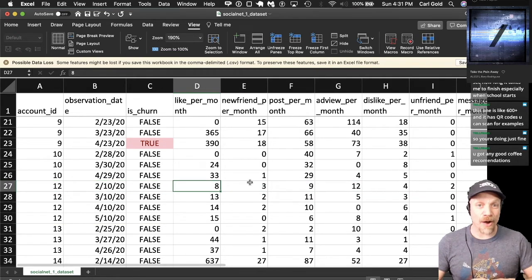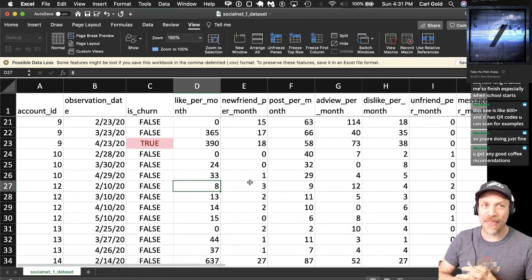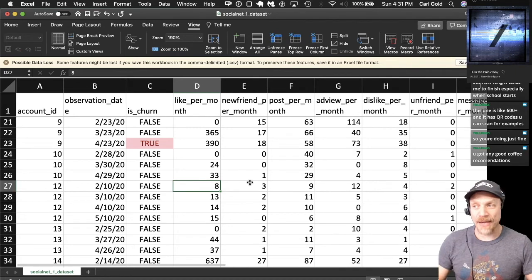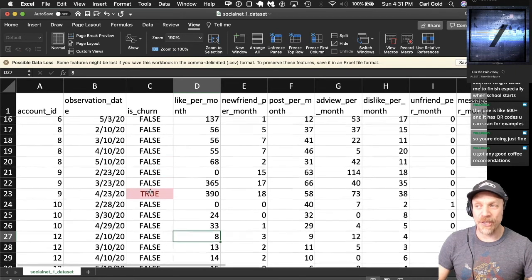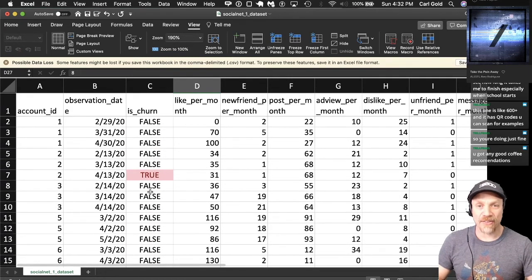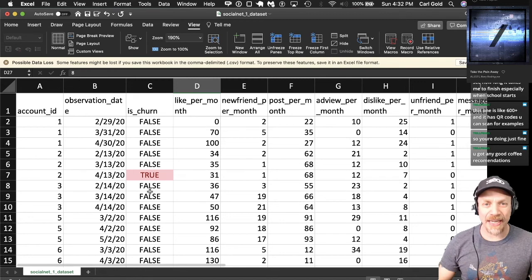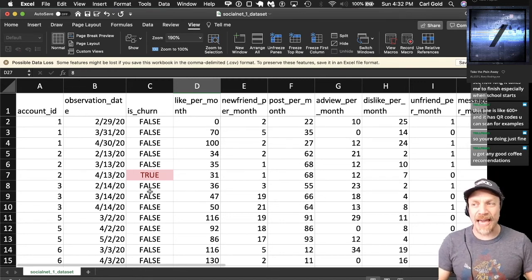And so now we've actually achieved what the goal was, which was to create a data set that can be used to analyze churn. And it can be used to analyze churn because it has both churns and non-churns. And something I didn't go into detail in explaining is that it also has churns in proportion to the true churn rate.